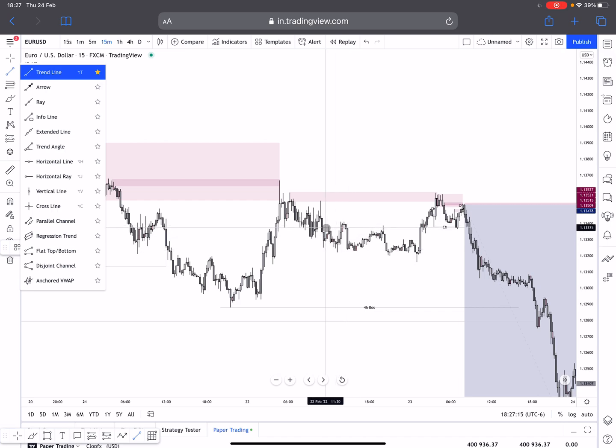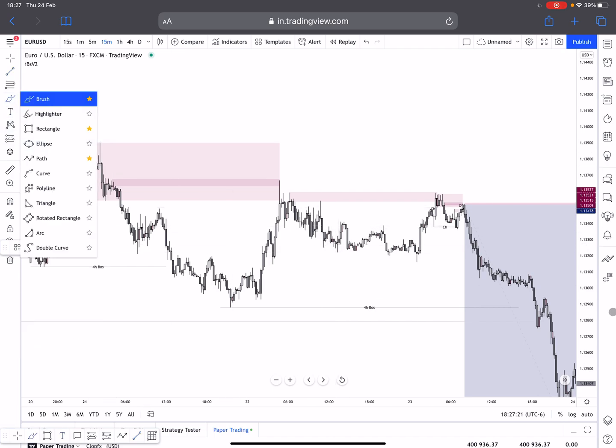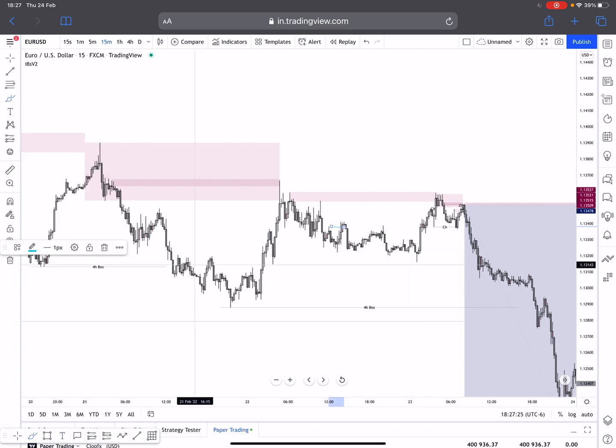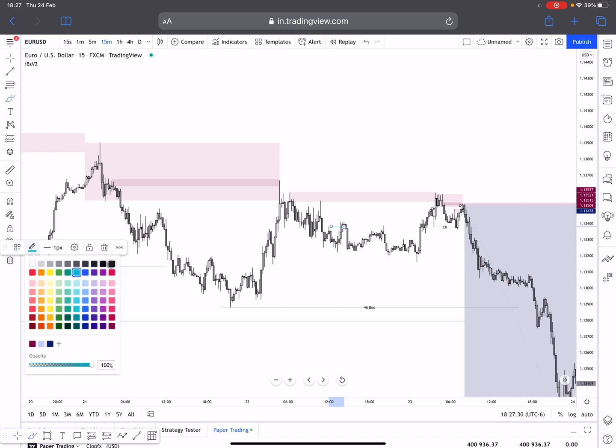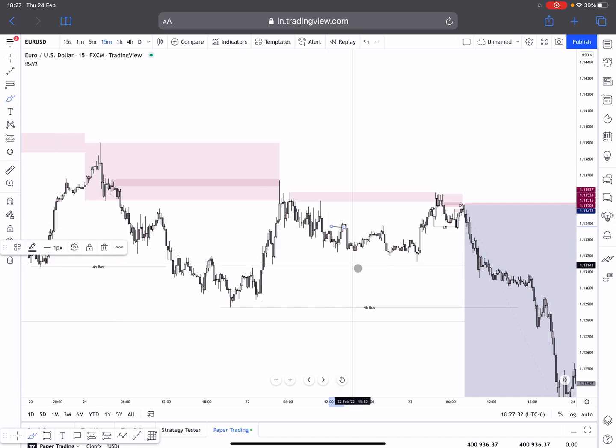Then we switch from supply to demand right here, created a demand. I'm just gonna do the brush, break the high, and let's make it a little bit, yeah, like that. And then we create this demand right here. We broke the high, failed it, and complete. And just pretty much, if you count this as inducement, you will know.